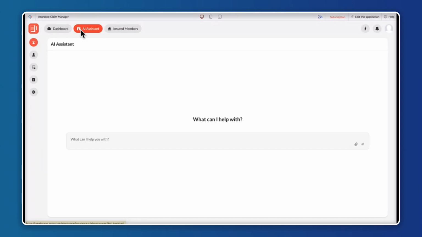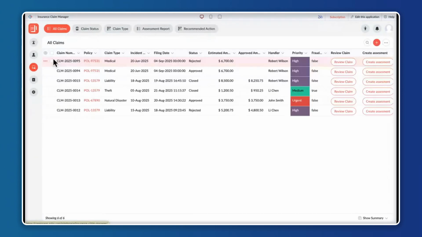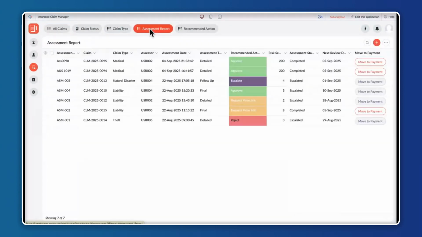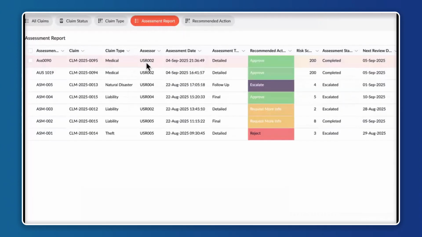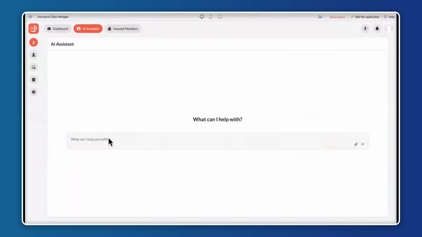Not only the assessors or the claim managers, even the admin can get information about a particular assessor. Let's take an example. In our claim management, in the assessment report, a single assessor has been assigned so many claim settlements, right? So now as an admin, I just want to check what are the claims that this particular person is handling. So I can just ask,